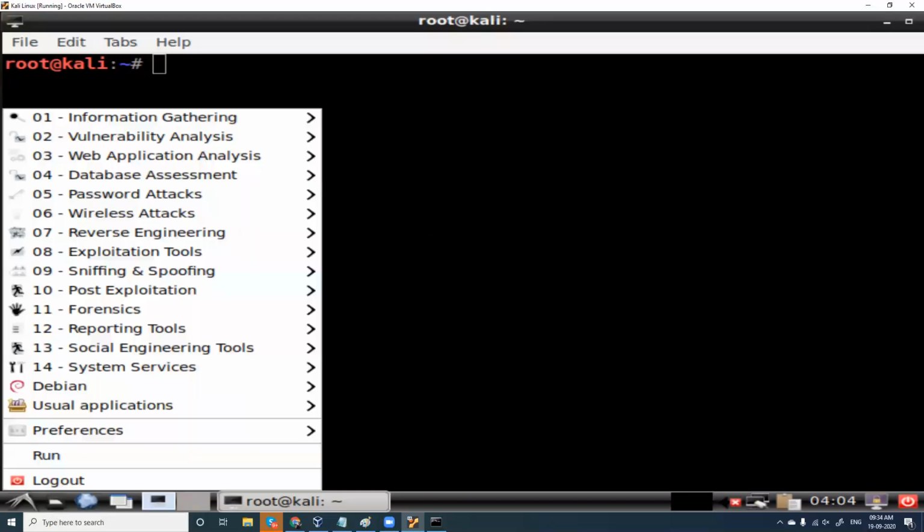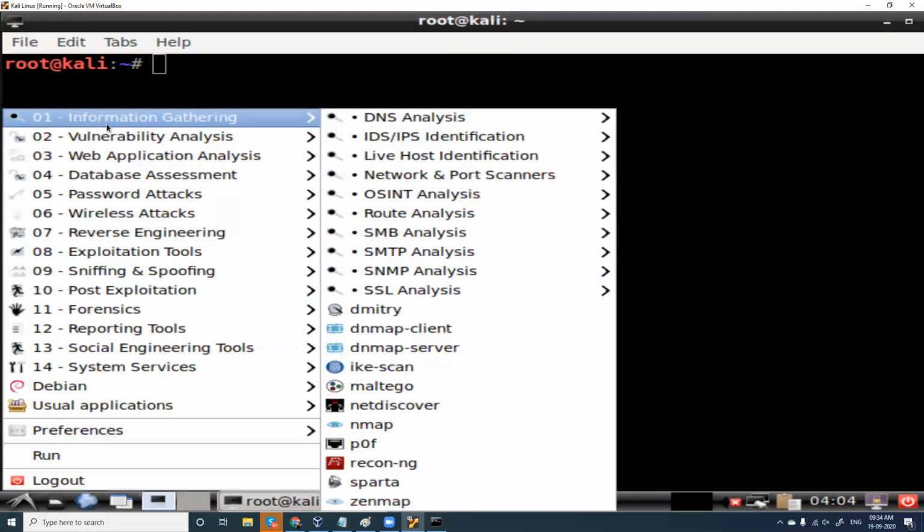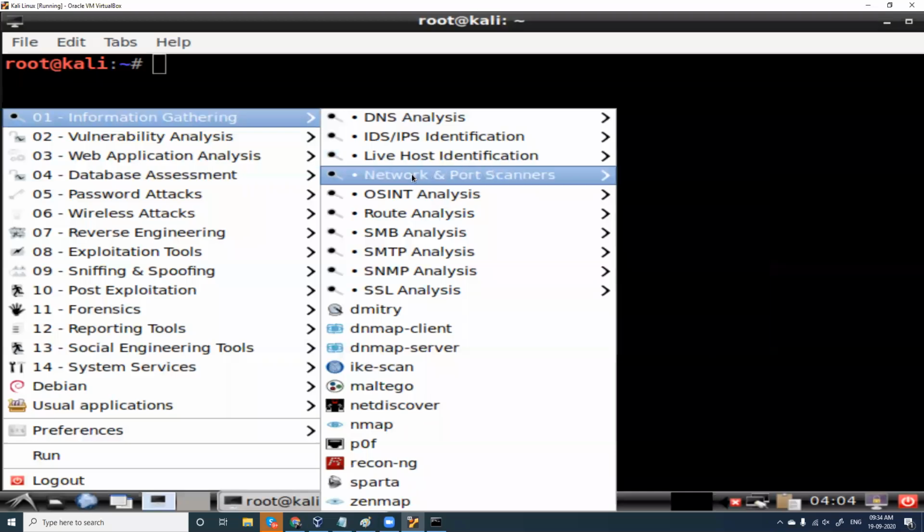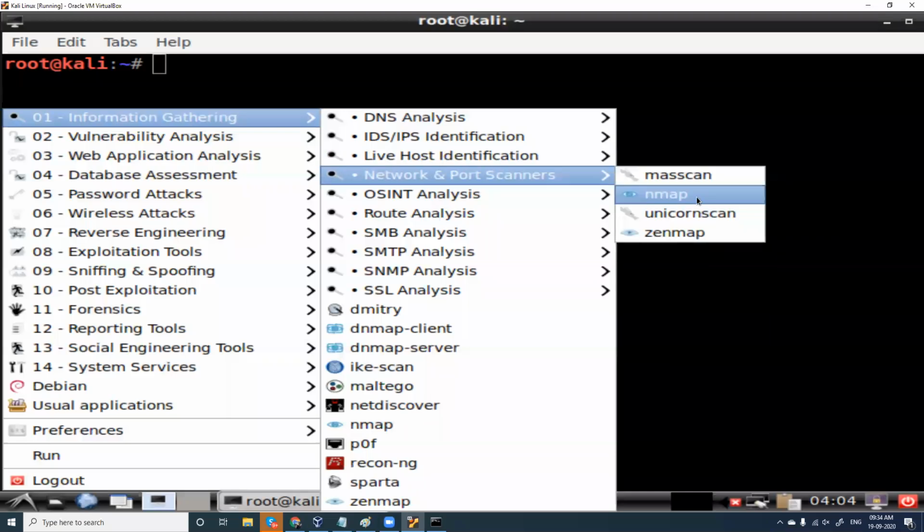For Nmap, you can go for information gathering, live host identification, network and port scanners, and you have Nmap here, like this.